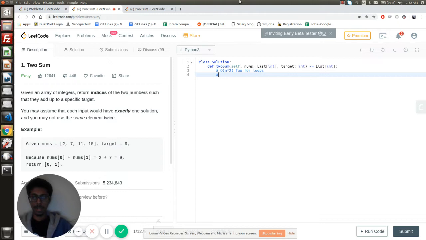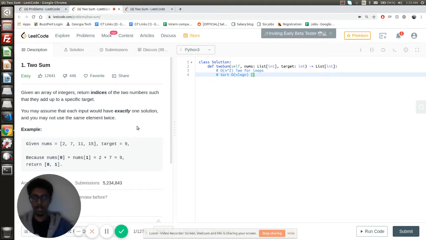What else can we do? Another thing we can do is sort the array. We should assume that sorting takes O of n log n. I know that there are some sorts like counting sort which can sort integers in O of n, but they will use some space. So I will suggest let's just consider sorting as O of n log n and in place, which does not use any extra space. So sort the array.